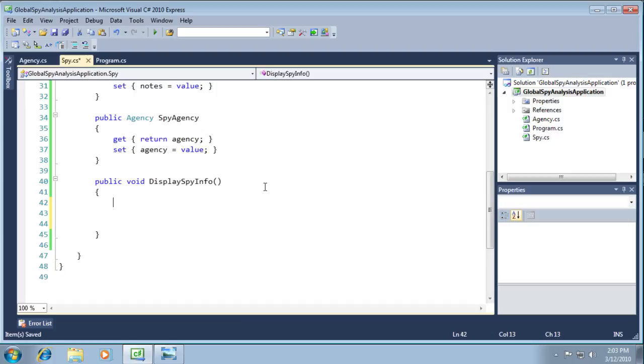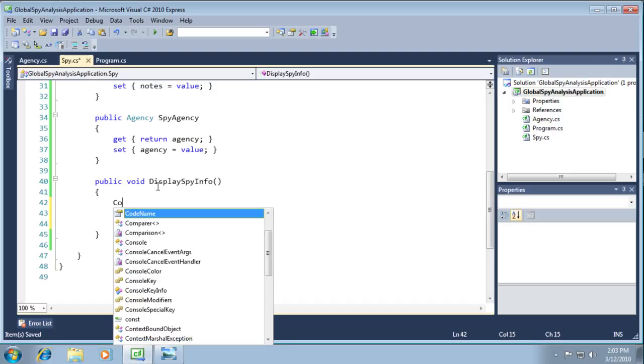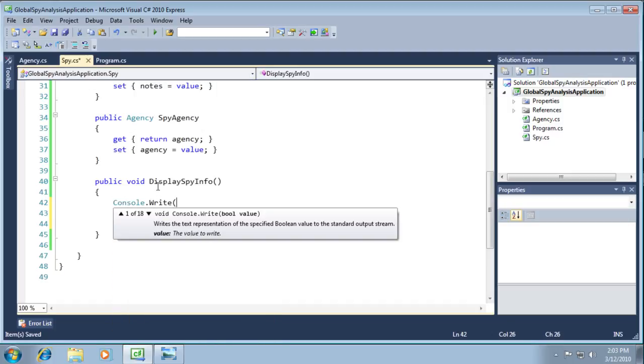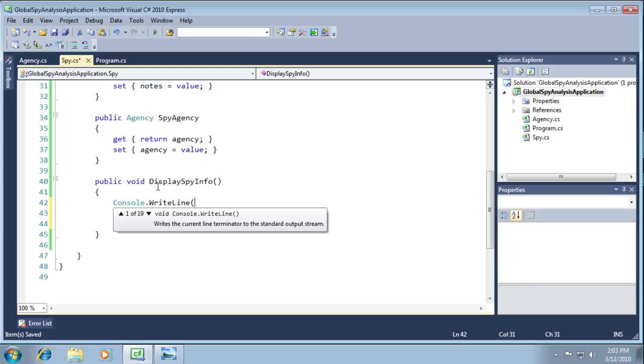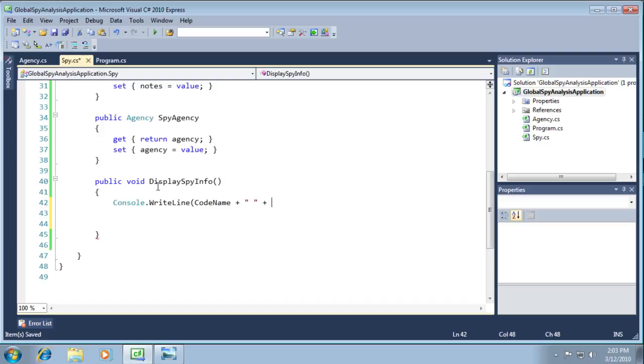And here we're just going to do a Console.WriteLine. Whoops, WriteLine. And there's probably a couple different ways I could go about this. Let's start with code name plus, and we'll use agency, spy agency dot